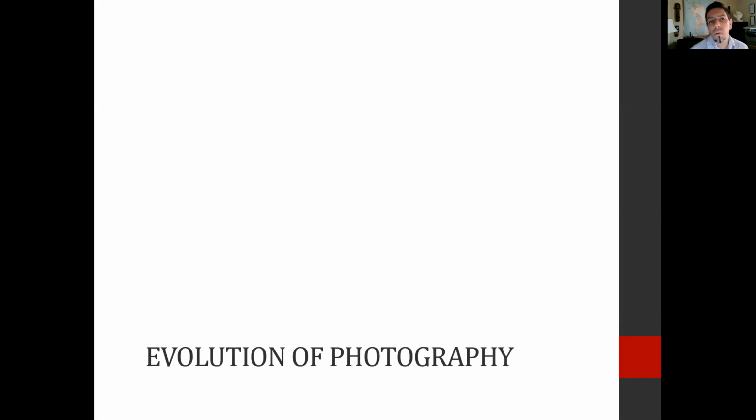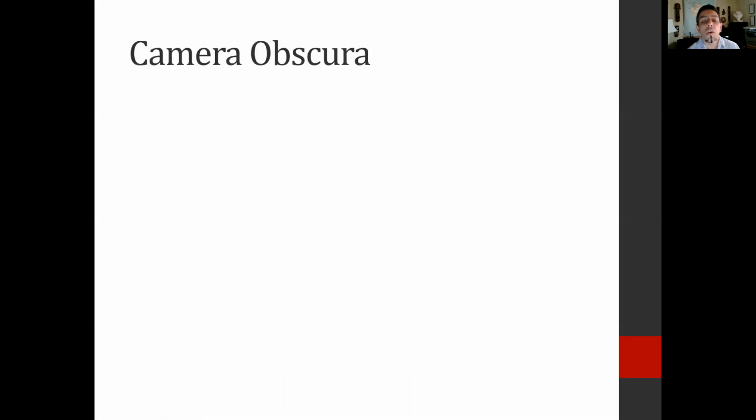Now, as I mentioned before, we're going to talk about photography through its evolution, right? So the evolution of photography, we're going to start with camera obscura. So what is a camera obscura? So a camera obscura is an invention from the Renaissance. And during the 16th and 17th century, during the Renaissance, one of the things that's happening is this